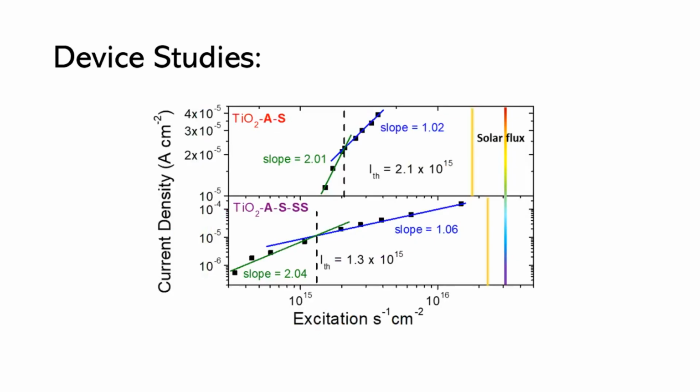To verify the TTA mechanism, photocurrent intensity dependence measurements were taken of both the trilayer and bilayer control devices. The characteristic quadratic to linear dependence change is a signature of the TTA process. Additionally, the slope crossover point, known as the I_th value, is the minimum excitation intensity where TTA reaches maximum efficiency